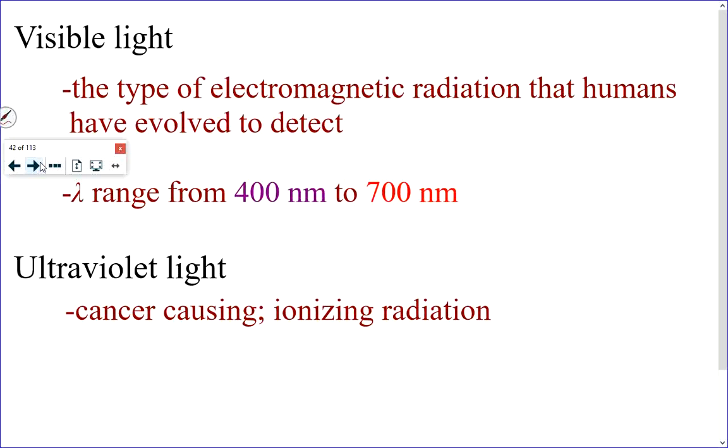Now, just because something can cause cancer doesn't mean we should run around in a panic. You don't always wear sunblock. Repeated exposure can cause skin cancer. It's called ionizing radiation because ultraviolet radiation, unlike visible light or any of the lower ones in your list, has enough energy that it can hit a molecule and pop the electron out of the molecule. And that's called ionizing something. So just to bring this into a chemistry kind of analogy,